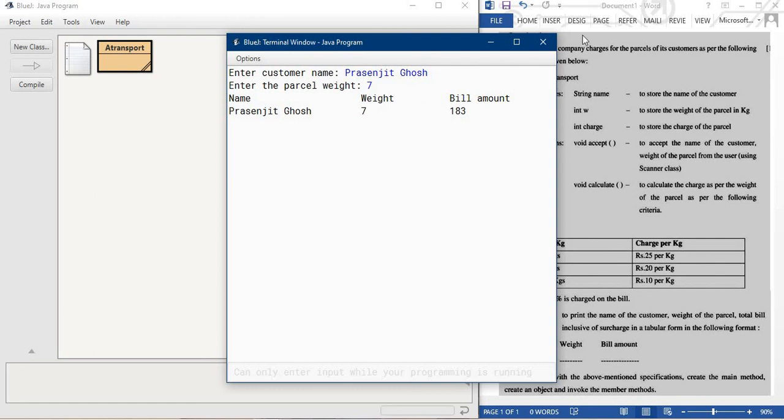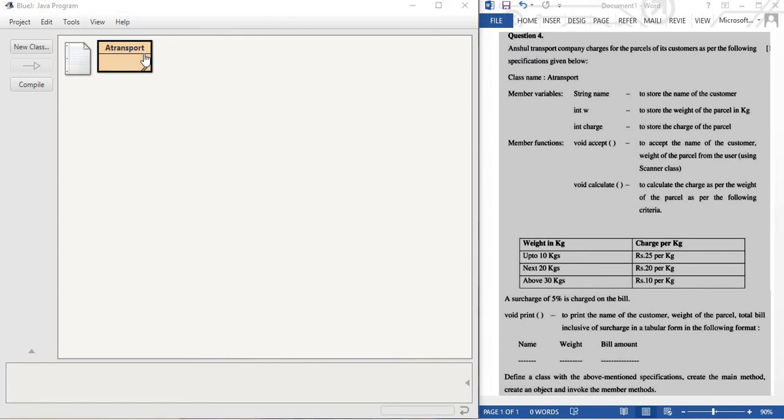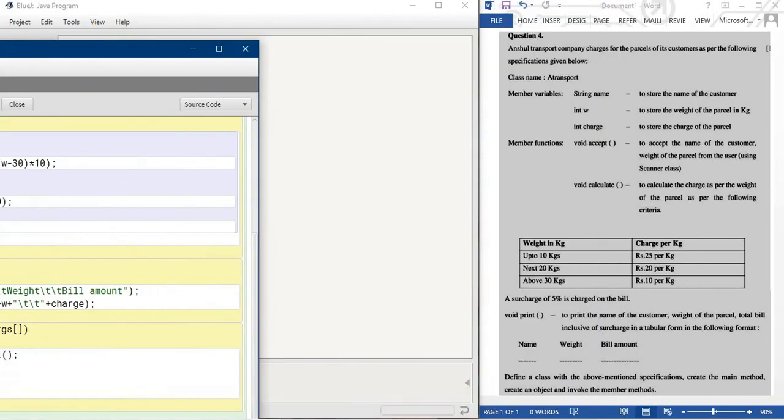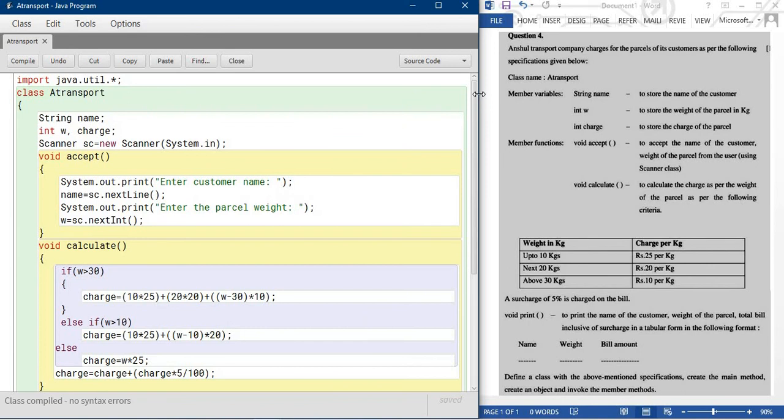I hope you can easily understand the entire thing, how you write it. Once I open the code, you can write the code from the video easily, because the program is too long, so I'm not putting it in my description box. If you want to write it, please write it from the video. I'm giving you a few seconds to write it down, or you can pause the video.